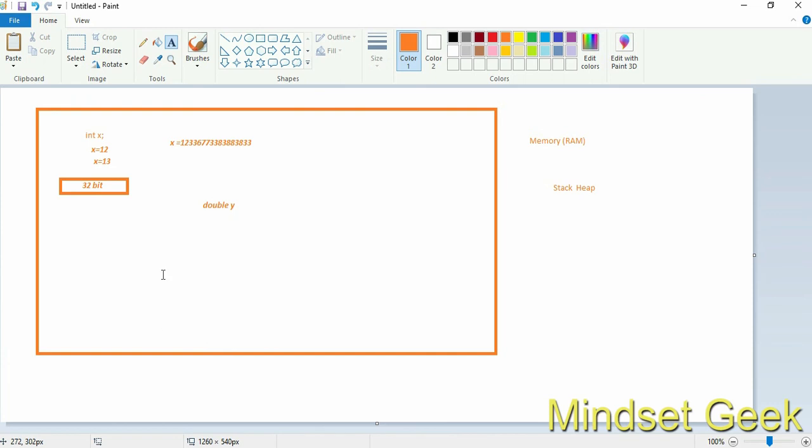Next thing, how do I decide what kind of variable type I should use? Think about this. If you want to store a small number, you can use a small size of variable. If you want to store a very big number, you can use a big range variable. Actually, it helps you manage your memory. These are the things I wanted to introduce.